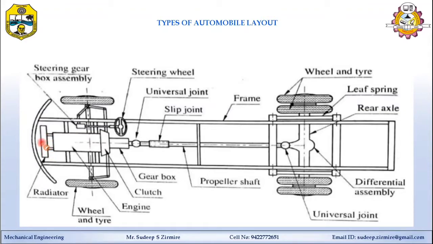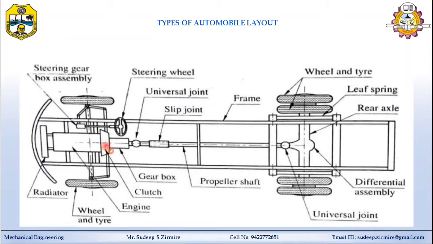Before that, in new modern vehicles you can see another part called the intercooler, given for the turbo engines. Later the radiator, then the engine, and in between there is a fan. The fan may be operated directly from the engine, or sometimes electric power is given to the fan. This is the engine, the power generating unit. It provides the motive power to perform various functions of the vehicle.